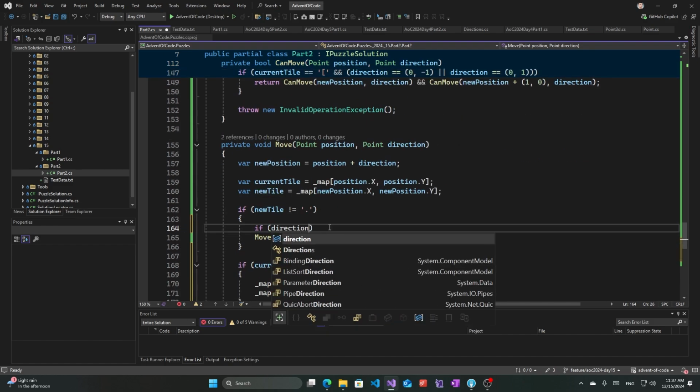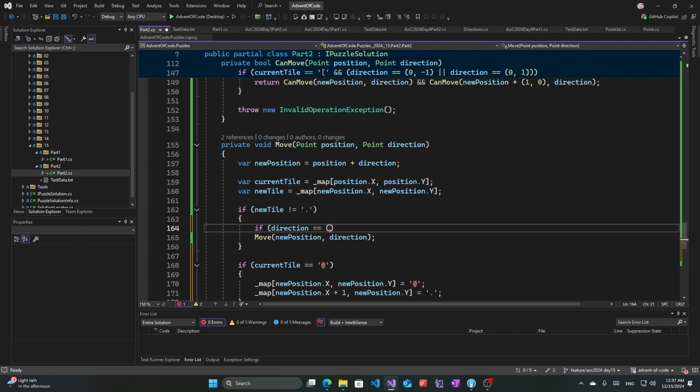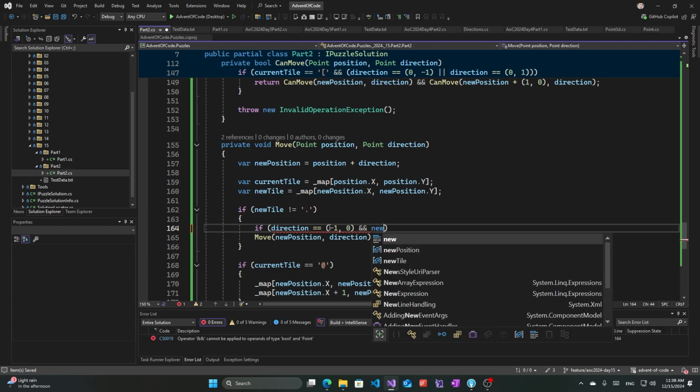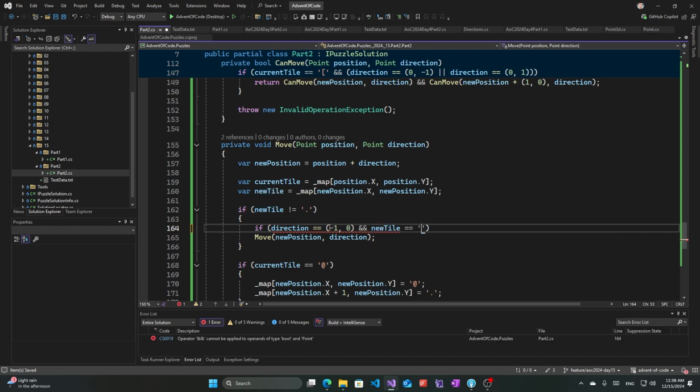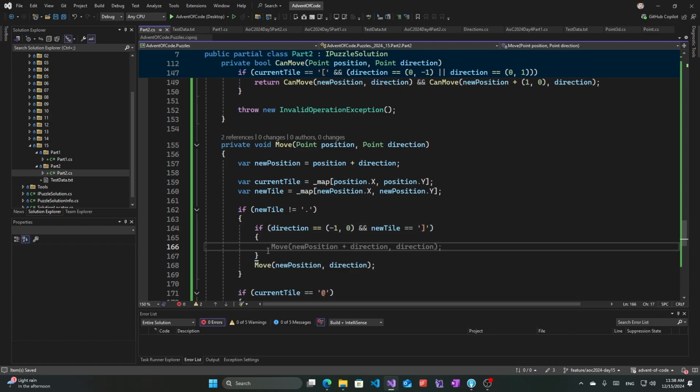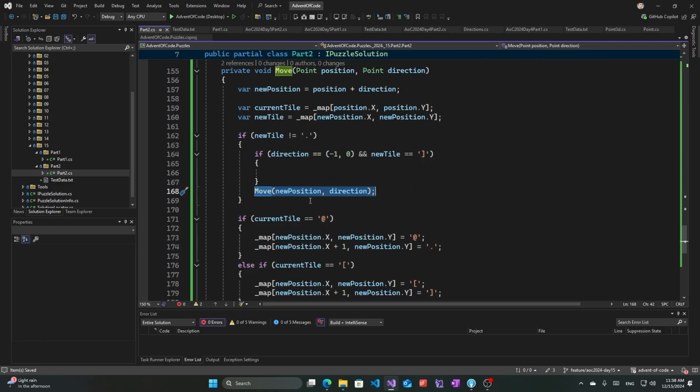So if the direction equals -1, 0, so we're moving to the left, and new tile equals this, so we're moving the left side of the box, then we